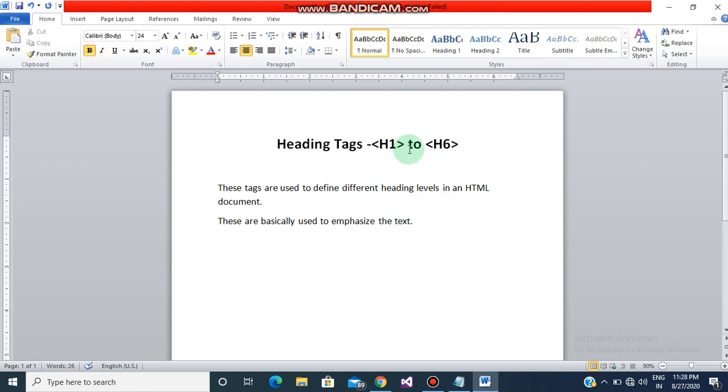After H1 we have H2, H3, H4, H5 and H6. So these can be used for subheadings or when you talk about less important things. But the H1 heading displays the text in the largest size, so it is mainly used for the main headings.